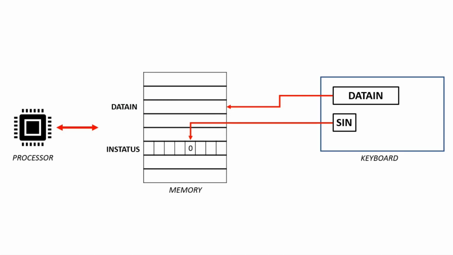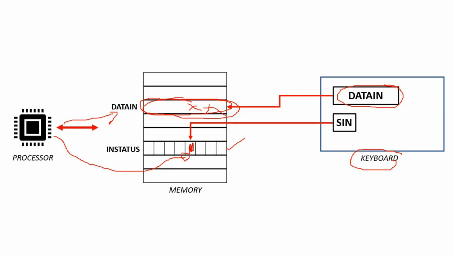Initially, when data is ready in the keyboard, the data will be placed from the data in buffer to the byte allocated for it. Suppose data is placed by the keyboard in the byte and the keyboard makes the particular bit as 1. That means for SIN also there is a memory allocated. So that particular flag bit is made 1. The processor keeps reading this bit, and whenever it is 0, the processor does not read the byte from the memory.